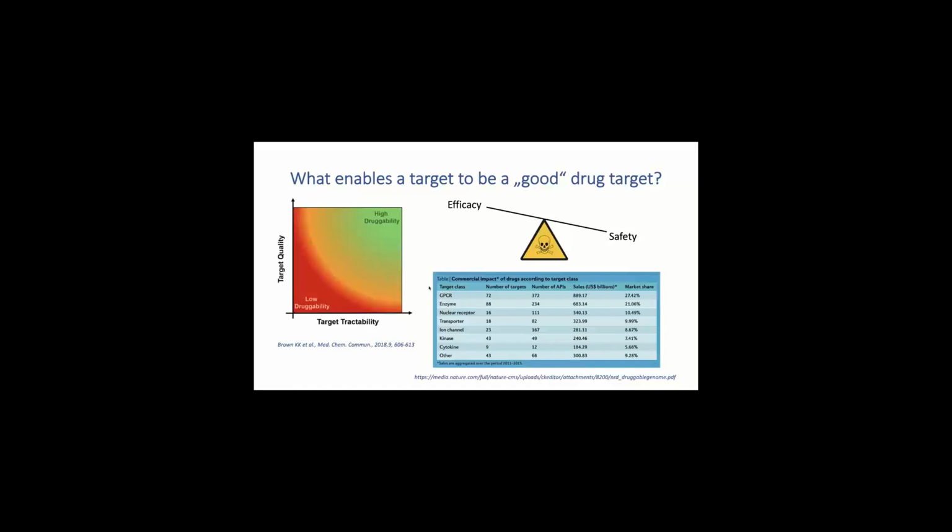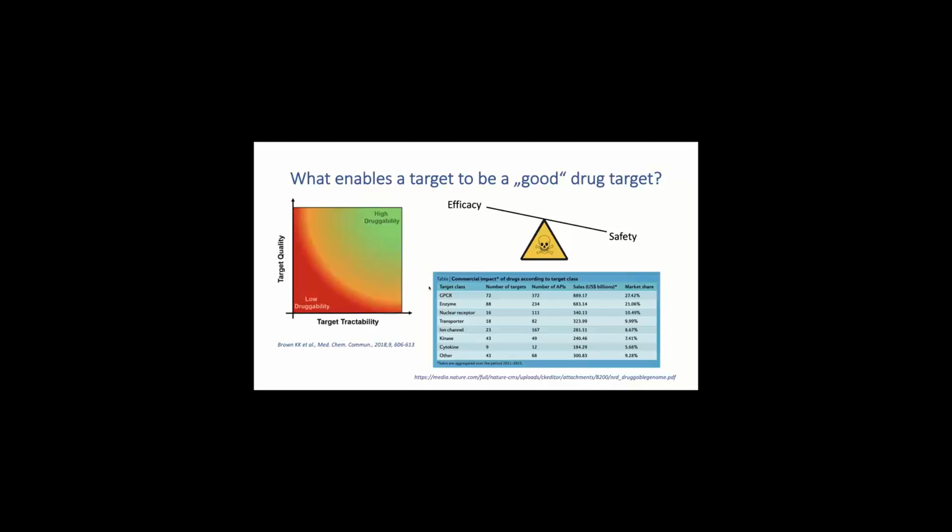And I found this nice table that you can see here in the right corner, which talks about the commercial impact of drugs according to target classes. So it's kind of interesting what the market share is of certain target classes, and also how many active pharmaceutical ingredients there are per target class, and then also setting this in relation to targets. So for instance, what you can see is, of course, GPCRs. This is really the state of the art from 2015. It might have changed a bit, but I found this on a very nice poster in Nature Reviews Drug Discovery. And I haven't found a newer one, but still it shows a trend.